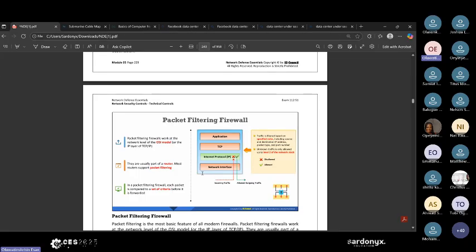Now, based on the control you are using, we determine whether you are using IP or both the IP and the port. If you are using standard access control, it works only from the source IP. But if it is extended, we consider the source, the person sending it, and the receiver, and also protocols. Now, they're actually part of a router, that is packet filtering. Most of these routers support packet filtering. Most Cisco routers, Huawei routers, Juniper routers, they support packet filtering.